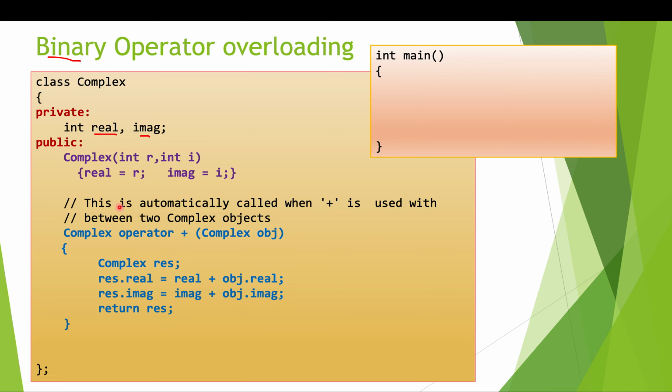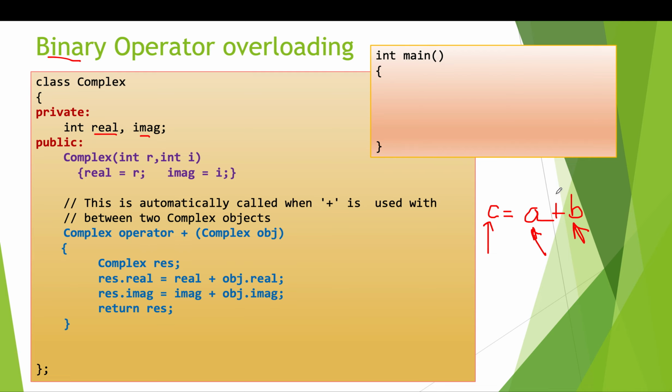So how have we written the operator overloading function? Before that, let's look at the right hand side. I'm just writing something. We know that if we want to add A plus B and store the result in C, how many variables do we need in the case of binary operators? We need two input variables, first input variable and second input variable, and we need one output variable. So there are three variables that we will need when we are working on binary operators, two input and one output. This is what happens in our simple mathematics.